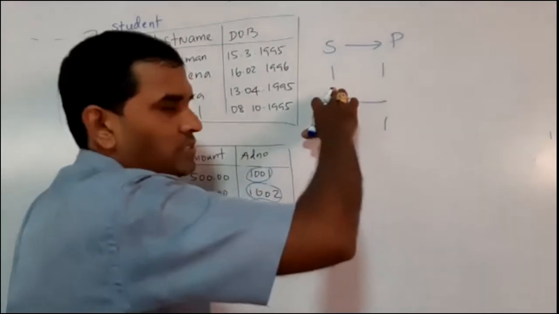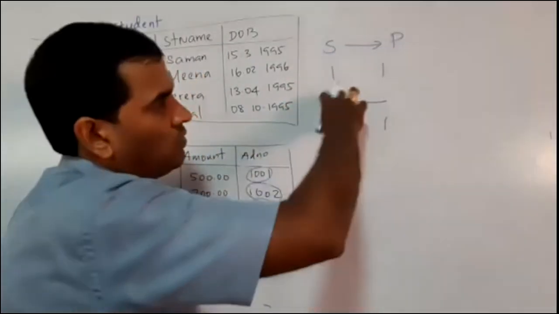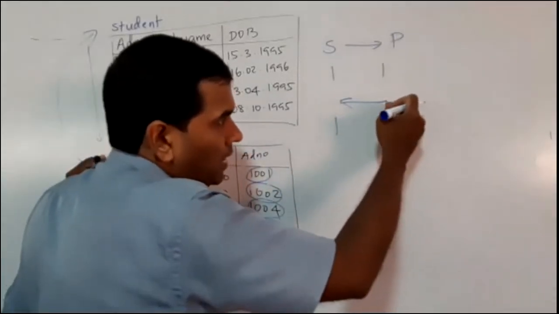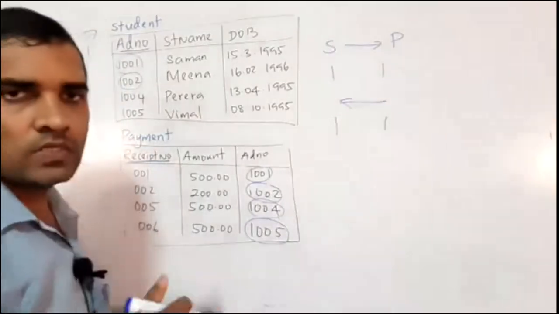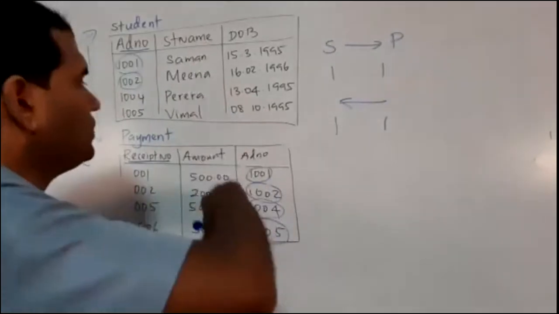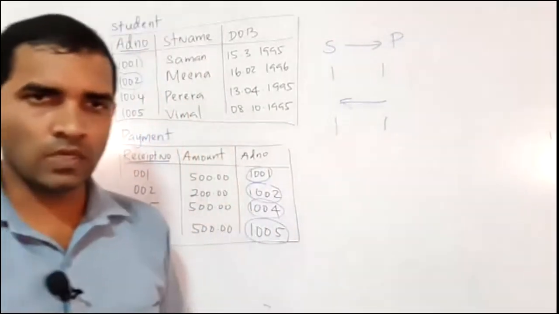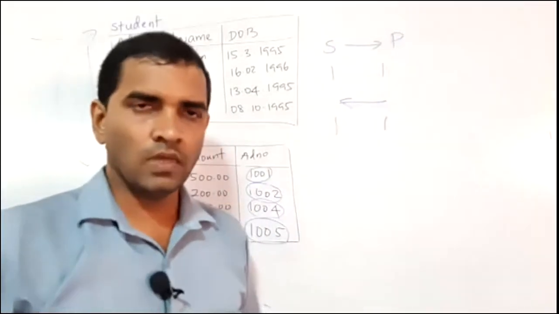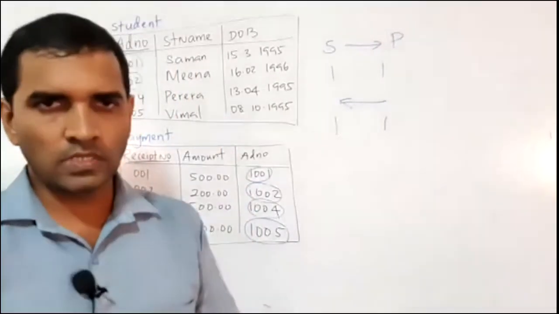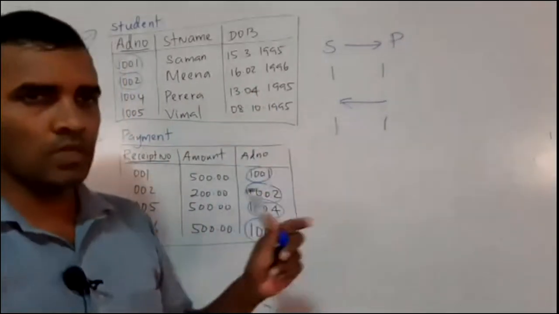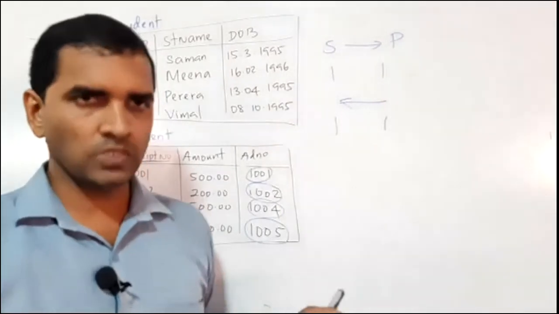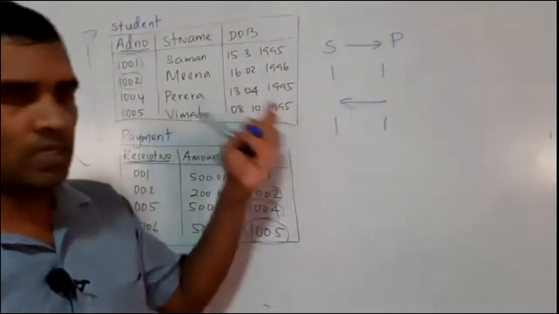So when we checked from student to payment, we found a one-to-one relationship. Even when we checked from payment to student, we also got the same one-to-one relationship. So what is the conclusion? The relationship between student and payment is one-to-one, right? This is the idea behind it. This is not a new thing. I already explained such things in the previous class, right? But I took it again to refresh you, because without this idea I cannot proceed. That may be the reason why I took it.